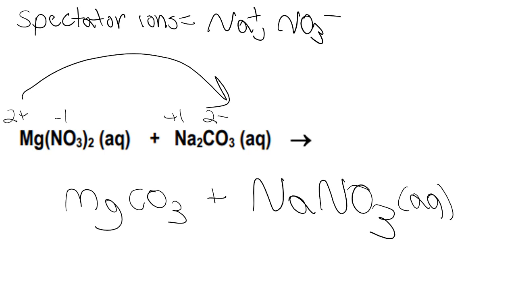Now MgCO3, we have to check. We can look at the solubility rules. It says CO3 compounds containing the following ions are generally insoluble except when they're paired with lithium, sodium, potassium, or ammonium. So therefore, this is a solid. So the double replacement reaction forms one solid and one aqueous. Thus, the net ionic reaction here is Mg2